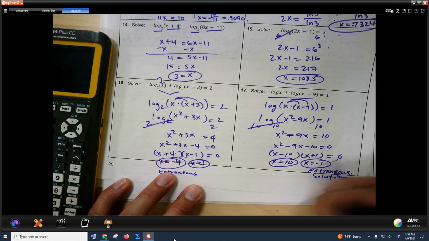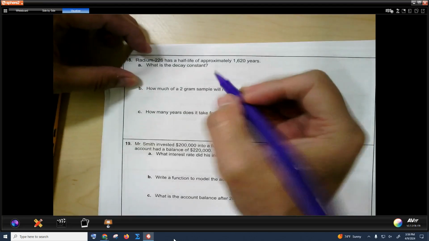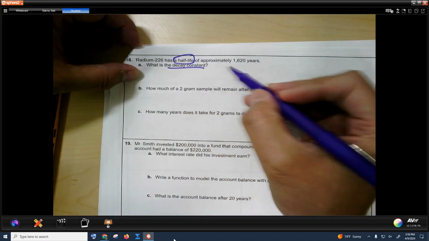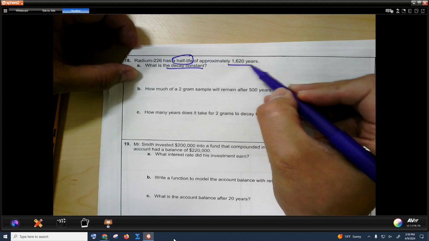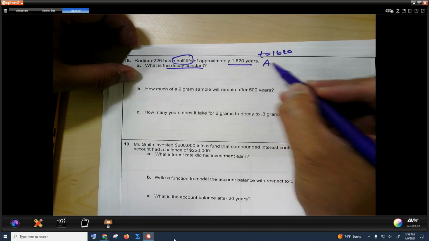So you can say extraneous, cross it off. Okay, so we got a radioactive element problem. First, to find the constant decay, we need to use this half-life idea. And so it's T equals 1620 for the half-life. So what you want to do is use this formula